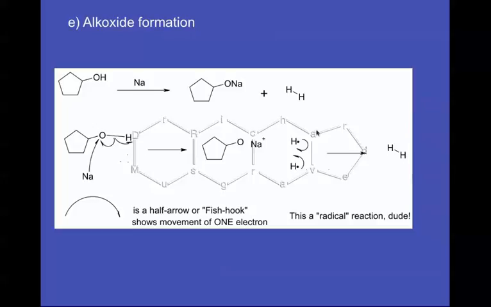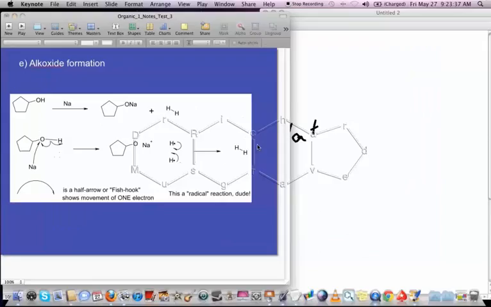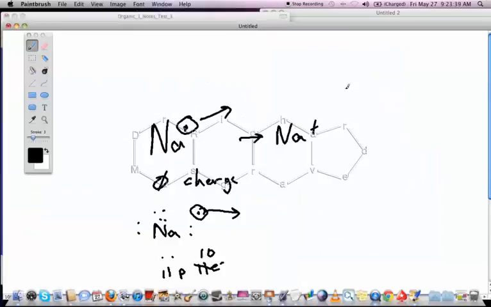This can be a dangerous reaction, because anytime you get hydrogen gas, you've got the dangers of explosion, so you have to be careful with that. The net effect, though, if we just look at the pattern, is that we take the OH and we can either present this as an ONa like this, or we can present it as O negative Na+. These are the two ways of presenting it, ONa or